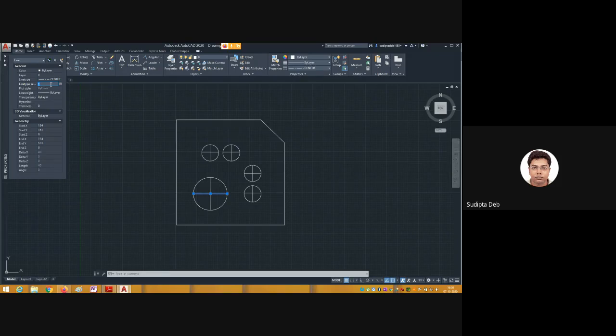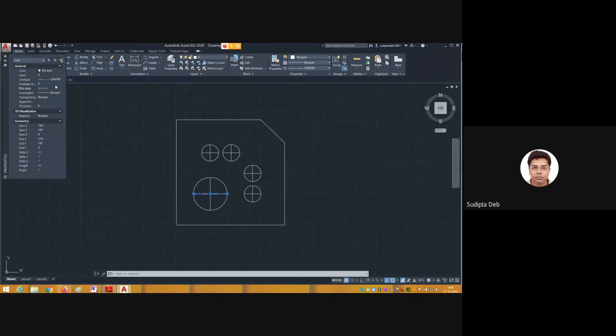Now change the line type scale. This value is a trial method. Suppose 0.2, press enter, see how it looks. Yes, now in my screen, in the center line, it is changing in some portion. Again I change it, suppose 0.1, what happened? Okay, it is also changing. Now 0.05, what happened? No, it is not looking good. So 0.15, what happened? Then 0.25.